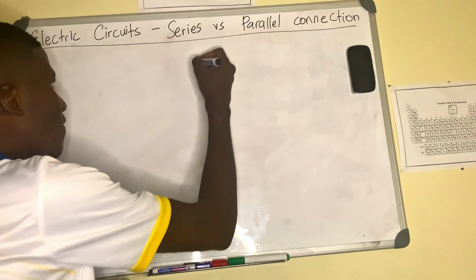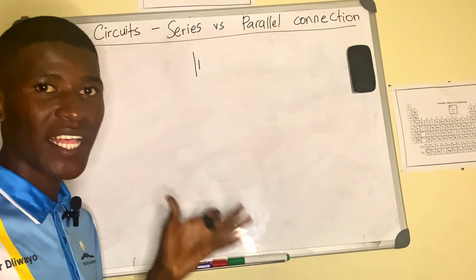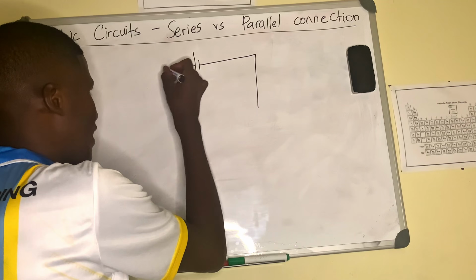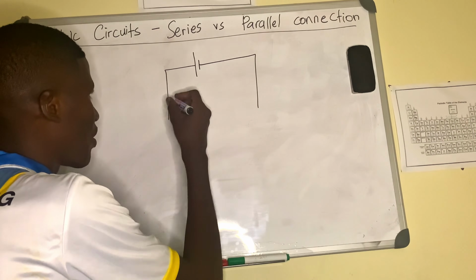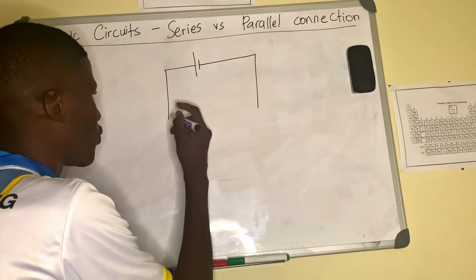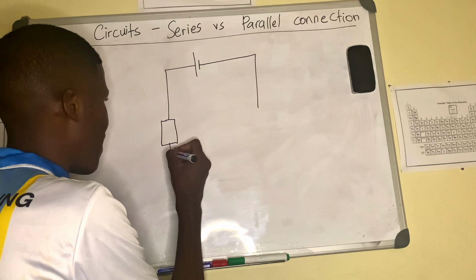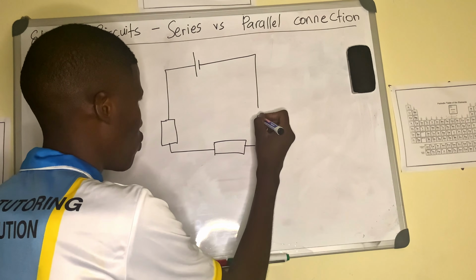So now let's have a battery here. Let's just have a cell, which will be just our typical battery. And then we will connect here with a conductor and then we'll make a circuit. And then here at our circuit, we are just going to put a resistor here. And then we're gonna put another resistor here. So we have got two resistors.